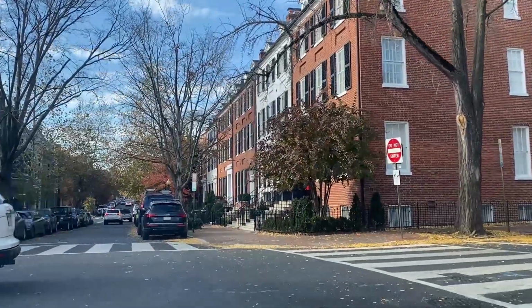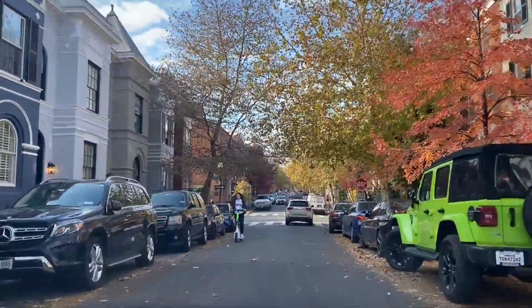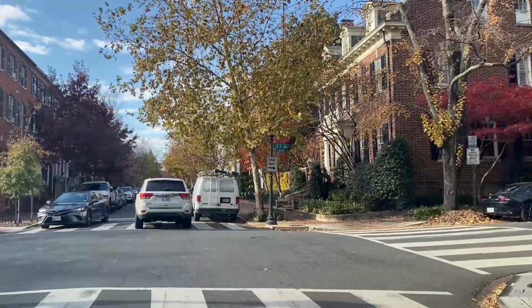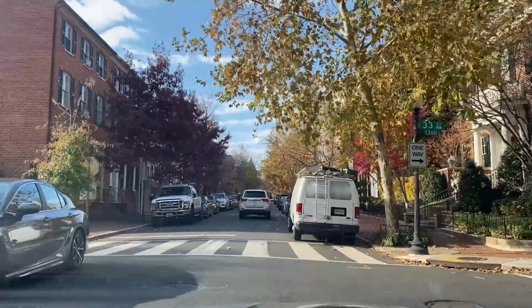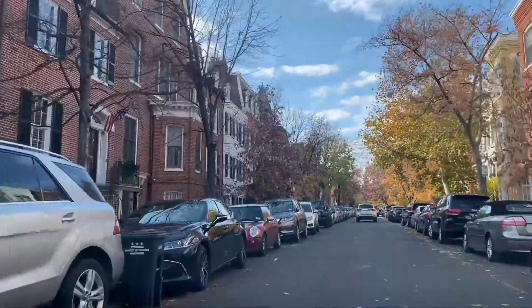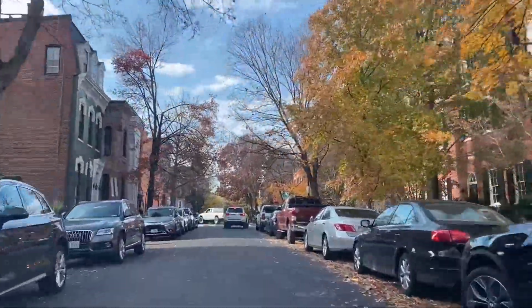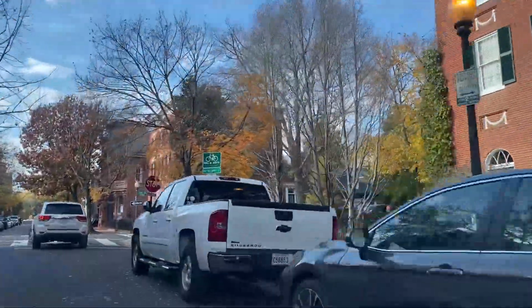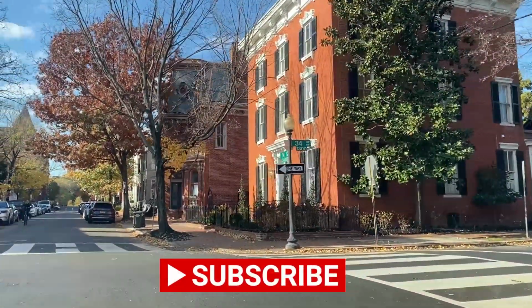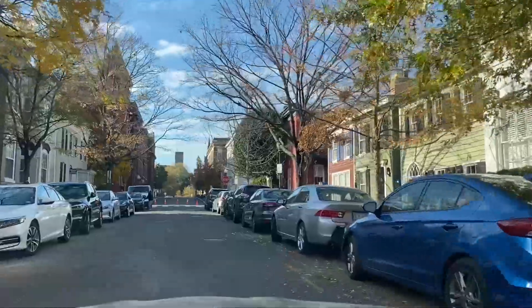And when we crossed over Wisconsin Avenue there, we are now in the West Village. So you can see the houses aren't really all that different. Again, most days I think you get more walking traffic in the West Village, and I think that's just because the university is in the West Village, and so you have students, both undergrad and grad students, med students, walking around. I think also in the West Village, you'll see more rentals than maybe you see in the East Village. And part of that is just, again, the university is in the West Village, and so investors have taken advantage of being around these students